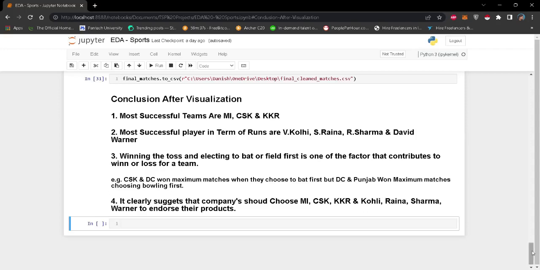Now these are the conclusions that I've drawn after making the visualization. The number 1 is most successful teams are MI, CSK, followed by KKR. Most successful players in terms of runs are Virat Kohli, Suresh Raina, Sharma, and David Warner. Obviously, if we check it according to the average, we'll get a different player's name. Now, winning the toss and electing to bat or field first is one of the factors that contributes to the win or loss of a team, but it has worked different ways for CSK, Deccan Chargers,